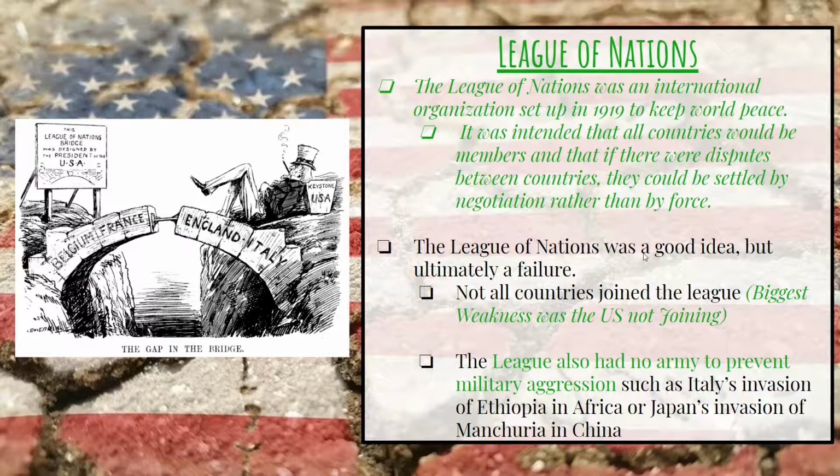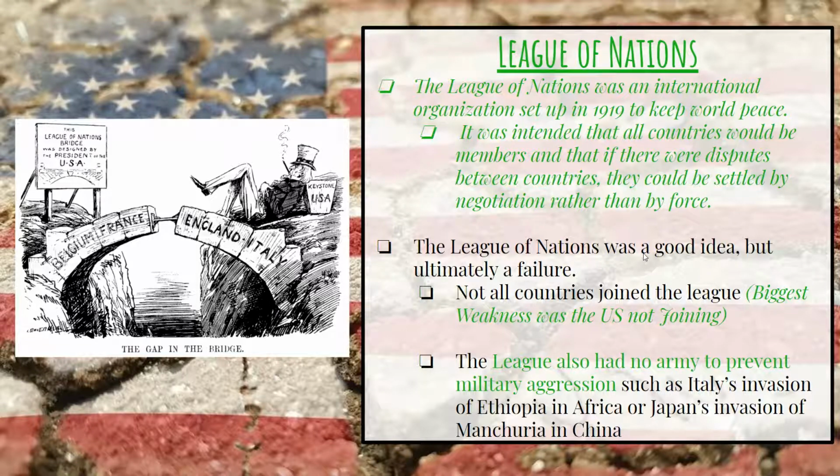So now let's focus on how the rise of dictators actually happened. At the end of World War I, the U.S. president said, hey, let's have a League of Nations where a bunch of countries come together and we make sure that this never happens again, that one country doesn't try to imperialize other countries and start a whole war that gets everybody involved. Well, the biggest weakness is that the United States never joined because Congress did not approve it. So ultimately, the League of Nations had no backbone because there was nobody there to back something up.